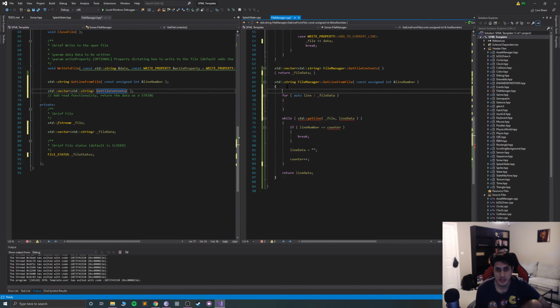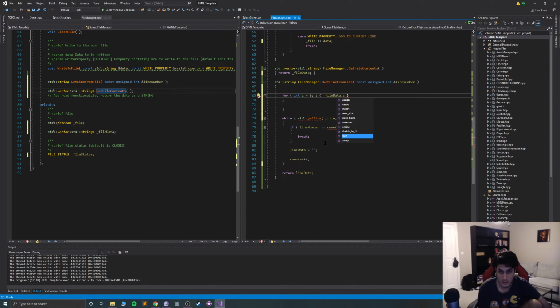Really should have it as another type of for loop instead. We're going to need a counter, int i equals 0, i plus plus, i less than underscore file